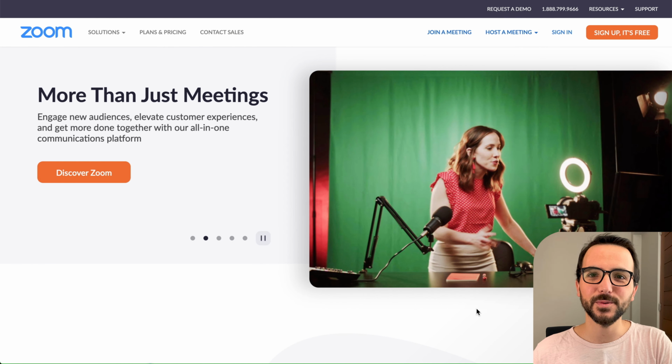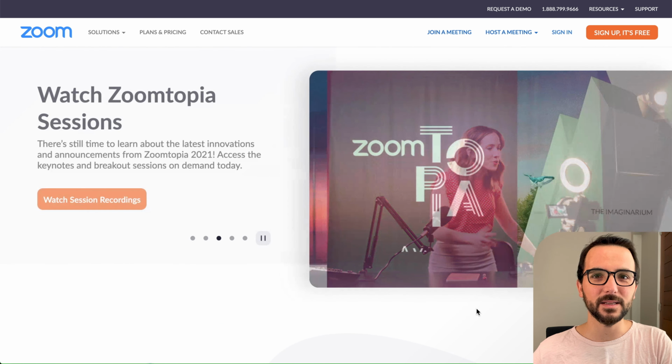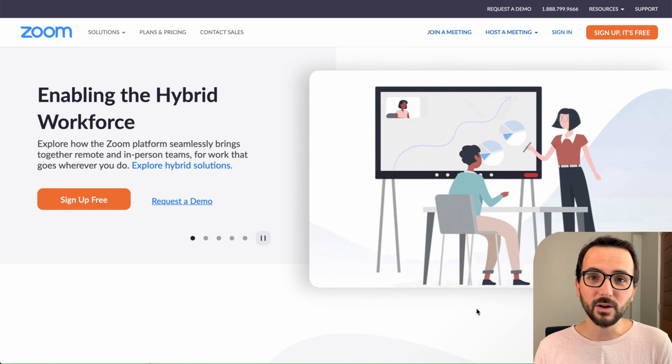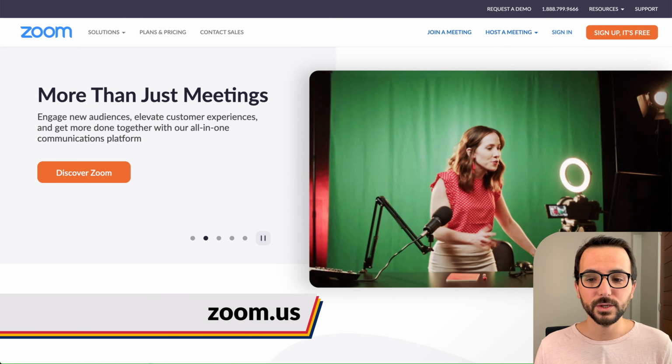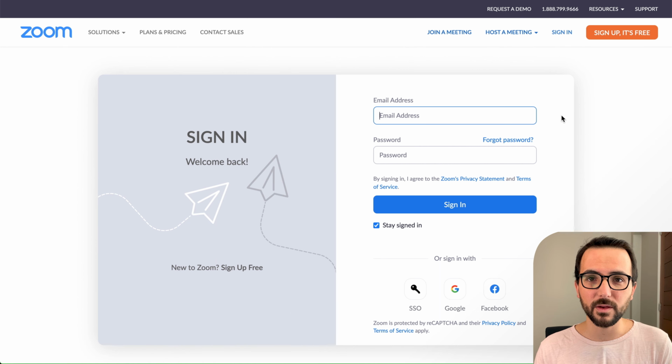If your school uses Zoom for video communication, then you probably have a specific domain, which is like saying that you have a private link to access your account. However, you can also sign in via the public website, which is zoom.us. Once you're here, click on Sign In on the top right, and then choose the login method that you need